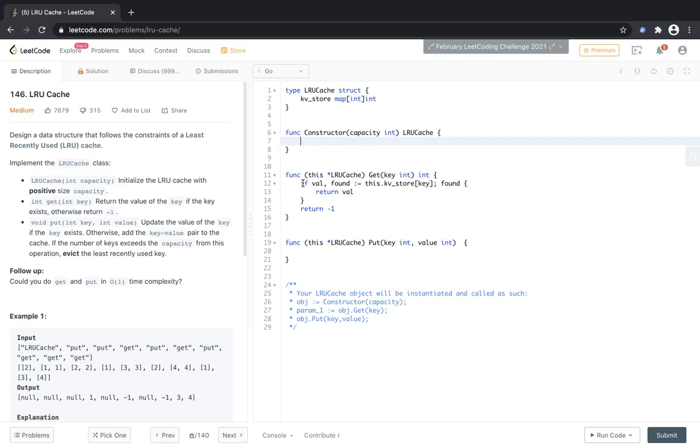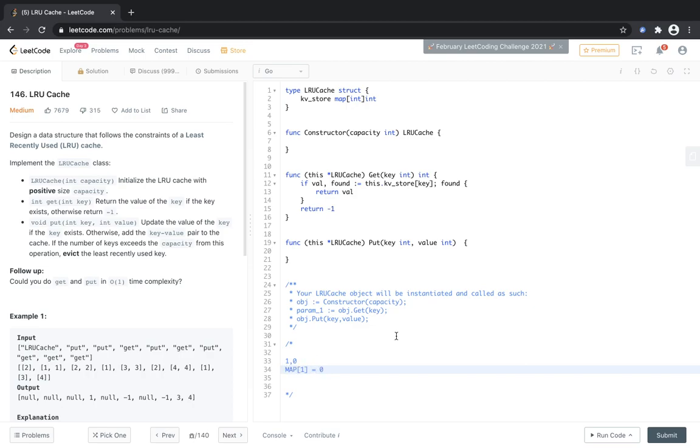If you are wondering about this syntax, this is a pretty cool syntax in Golang. Whenever we look for a value, the map returns the value of that key, or the zero value if it doesn't exist, and the second thing it returns is this found value. It returns true if the value was found, because you might have a 0 value already in the map. For example, if 1 comma 0 is the key value in your map, then obviously the value of 1 would be equal to 0.